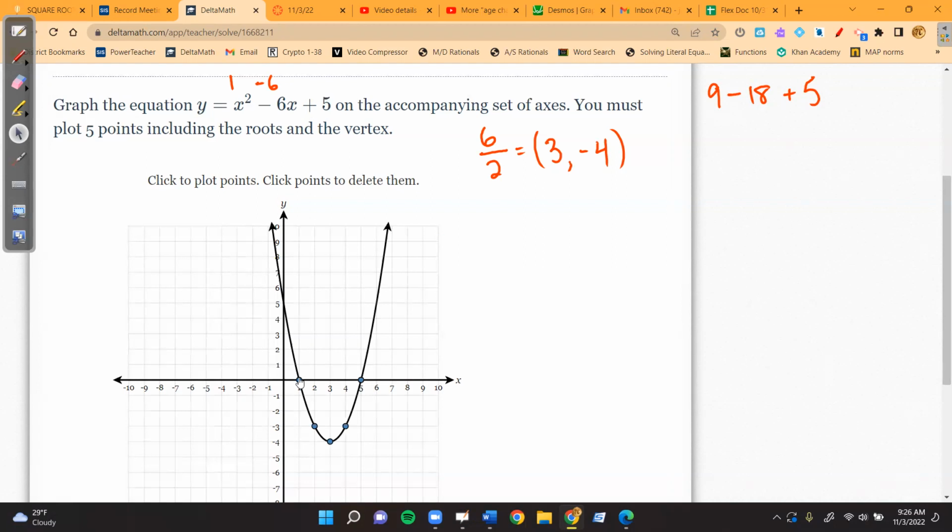When the graph changes its physical structure, when it gets fatty or thinny, is when there's a number in front of x squared. And the only thing that'll be in front of x squared, like our next example, will be a negative sign. And what do you think that does again? It flips it. But structurally, it's all still the same. You still got your mid, and then you're out 1, down 1, out 2, down 4, out 3, down 9. That pattern ain't going to change today. So let me find one that has a negative opening direction, and then